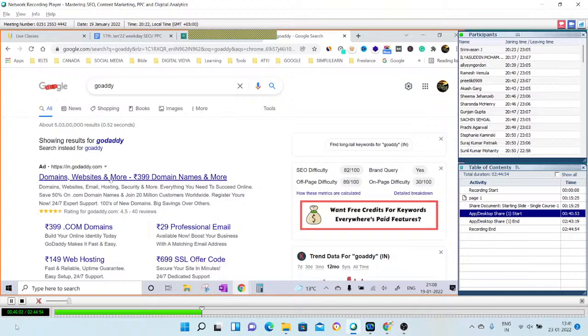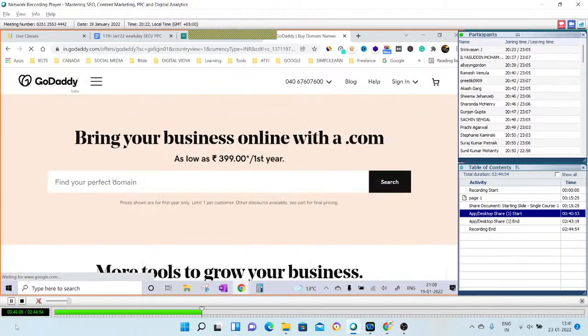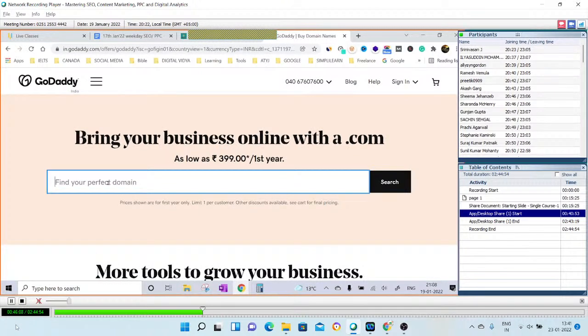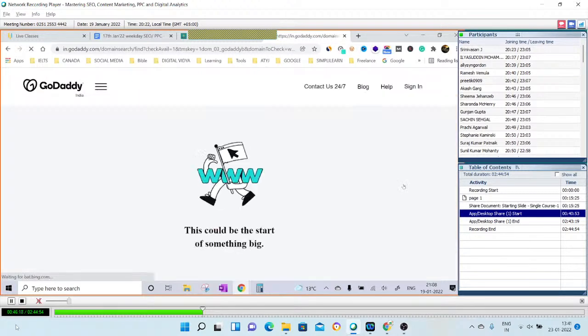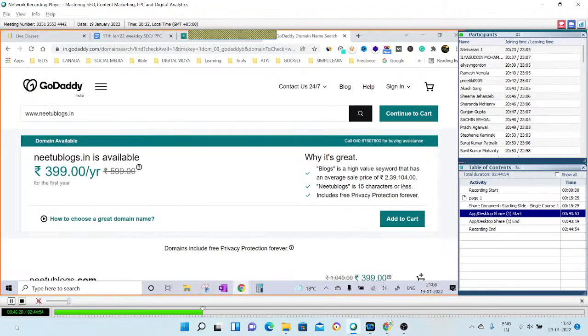So this is the first site you will go to, where you will type anything, maybe need2blogs.in. You plan to take such a name, you went and searched need2blogs.in. If the name is available, you will be given a pricing. If it is not there, you can see whether it's available.